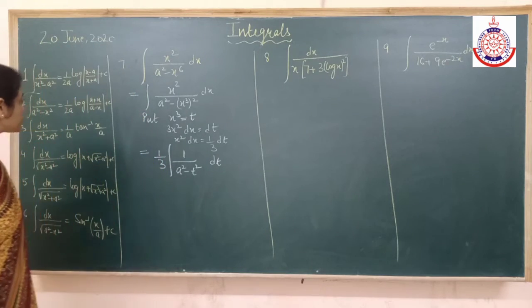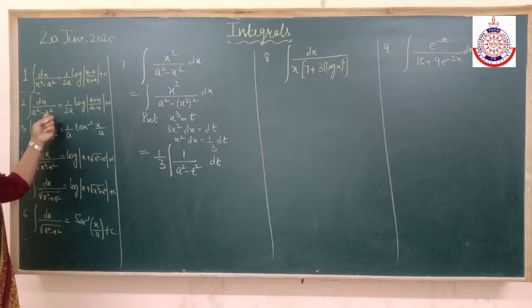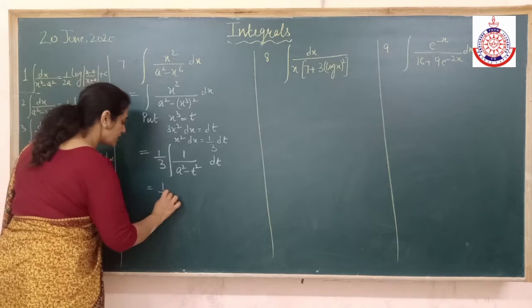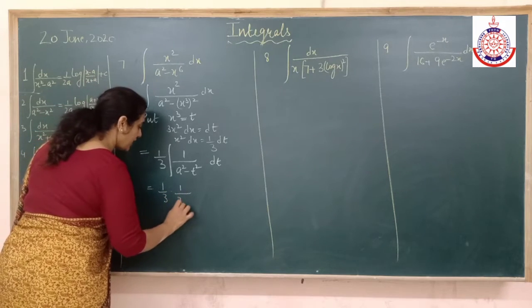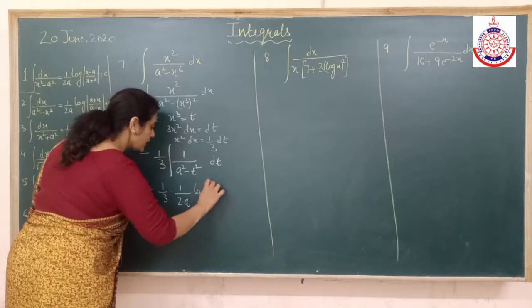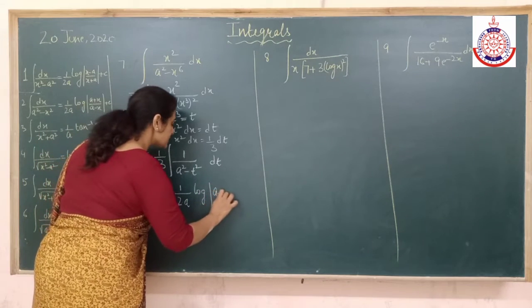Now let's see with which form it correlates. It correlates with the second one. So apply the formula. So 1 by 2a, what is a? Here is a only here. Log of a plus x